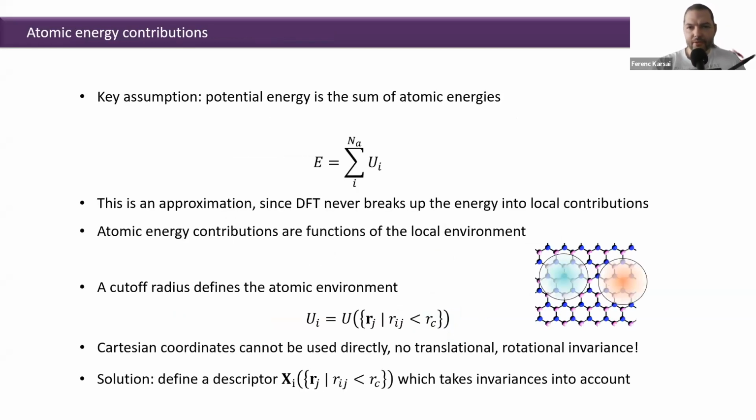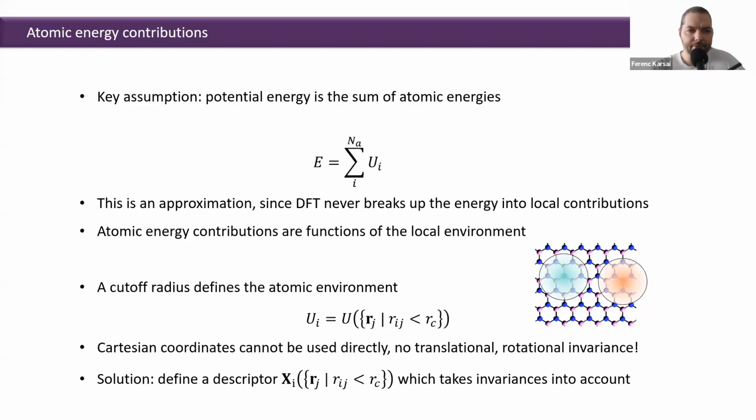Okay, let's go into more details of VASP machine learning force fields. The key assumption of many machine learning force fields is to write the potential energy as a sum of atomic energies. Note that there is no physical justification for this, and DFT will not give you per atom energies. Then the per atom energy contributions are the outputs of a machine learning algorithm. The inputs are the local environments, that is the positions of the neighboring atoms. In our case, we use a cutoff, so only neighbors within a certain cutoff radius are relevant.